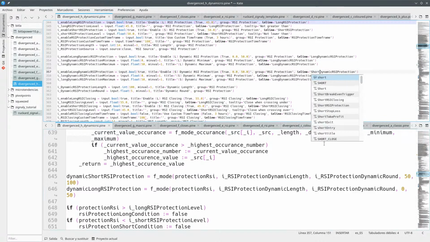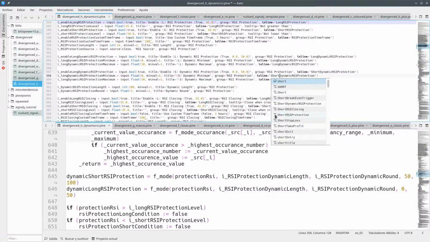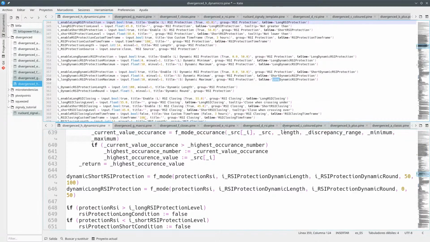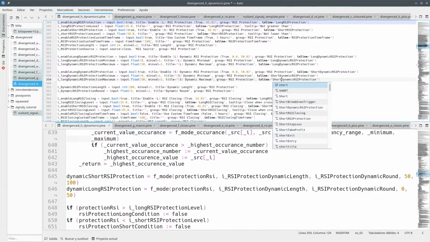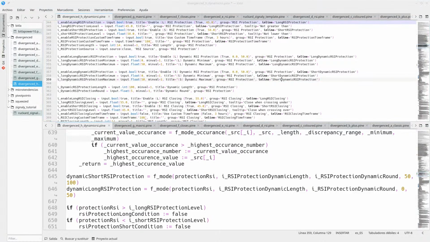So this is short, short, and short. Okay, so short